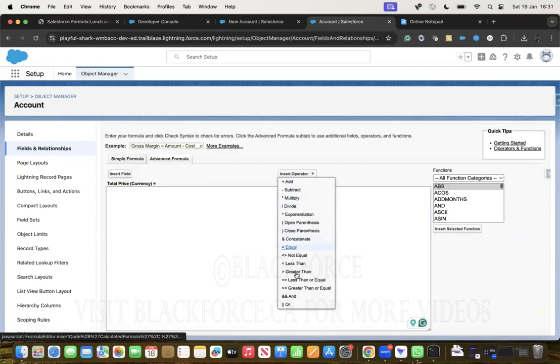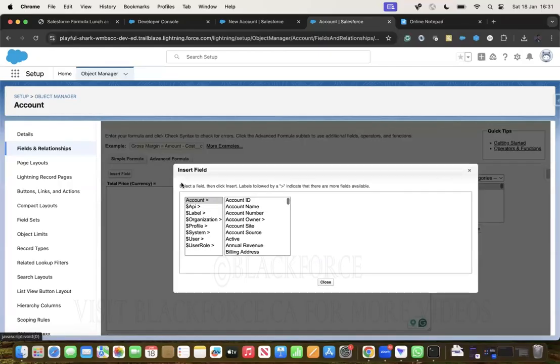Advanced formula, can you see? It has a lot of options. The options are still the same, but now you can do if it's equal to this, do this. If the quantity is not equal to this, do this. Okay? Let's start with this. Insert